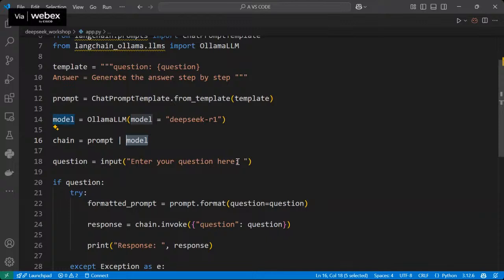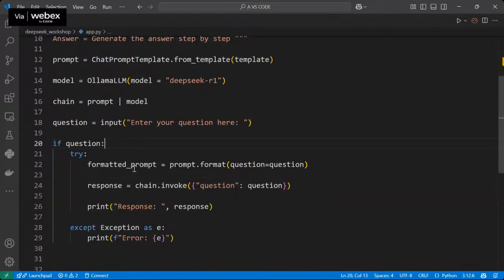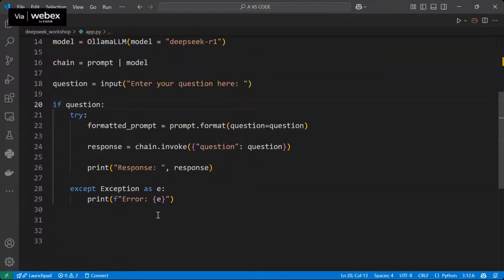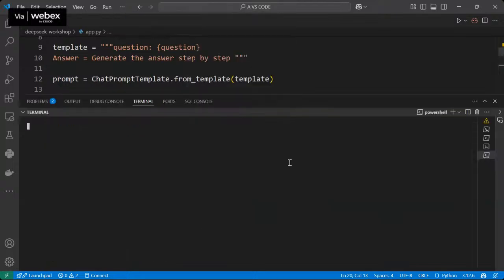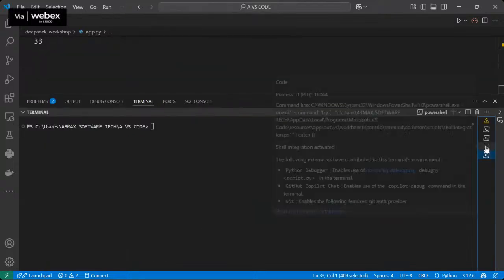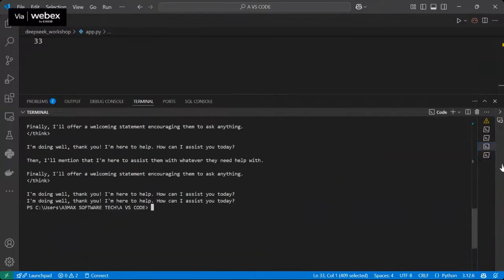What is meant by chain? When I use LangChain, the chain will connect the user query and the LLM models and generate a response. And then we take the questions asked by the users. After that, if the user enters any query, the prompt will be formatted and the chain will be invoked, guys. If you don't write any prompt, then it will give you an error. So we just format the input questions and we get a response. Pretty clear, guys. Up to this I hope you understand. Yeah. Okay, I will share this code.